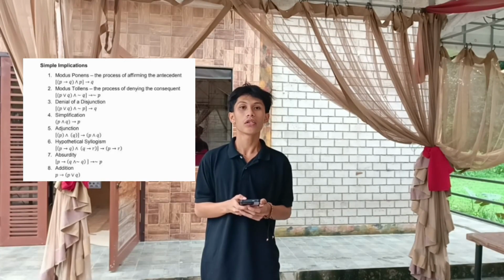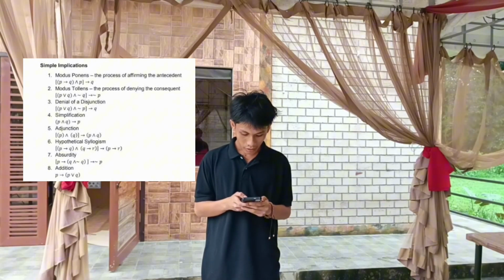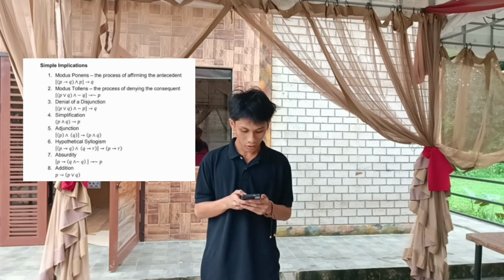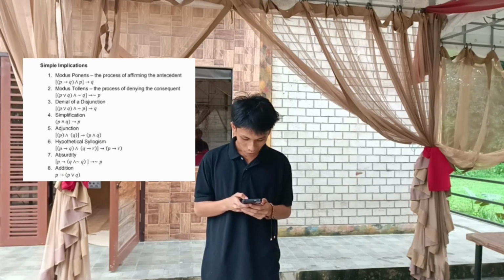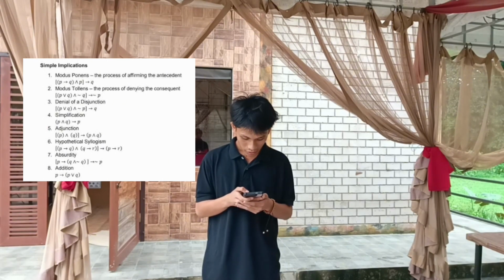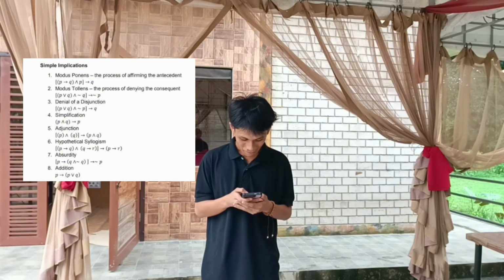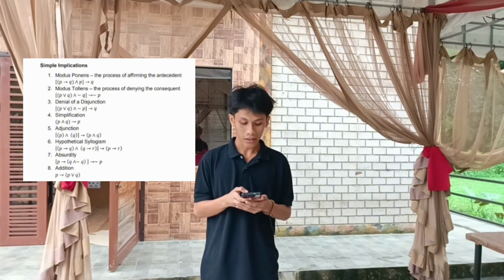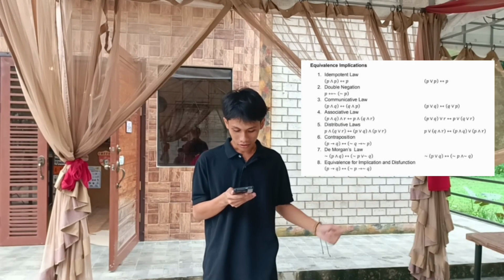1. Modus ponens. 2. Modus tollens. 3. Denial of disjunction. 4. Simplification. 5. Adjunction. 6. Hypothetical syllogism. 7. Absurdity. 8. Addition. Equivalence implications: